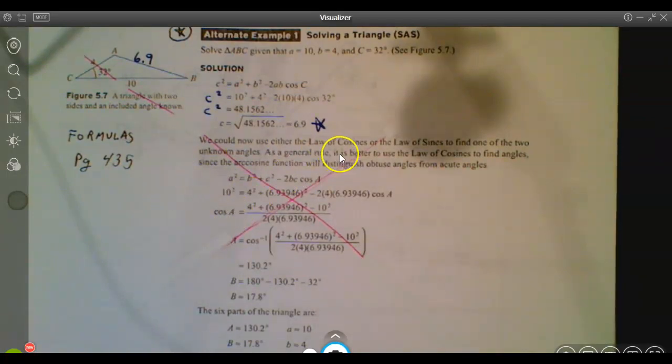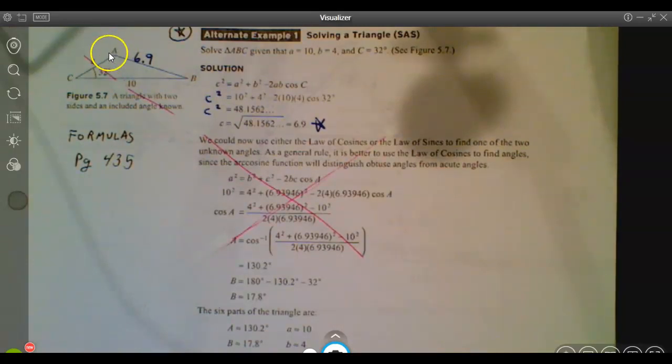As a general rule, and this is what they're saying in this paragraph right here, it is safer to use the law of cosines when you are finding angles, because you may run into an issue if the angle that you're trying to find is supposed to be obtuse. When you do the law of sines, it's always going to give you the acute version of the drawing. And so if angle A or angle B is supposed to be obtuse or acute,